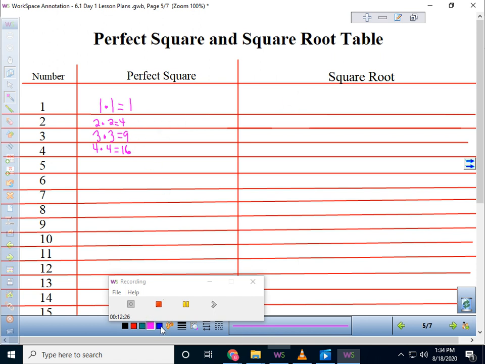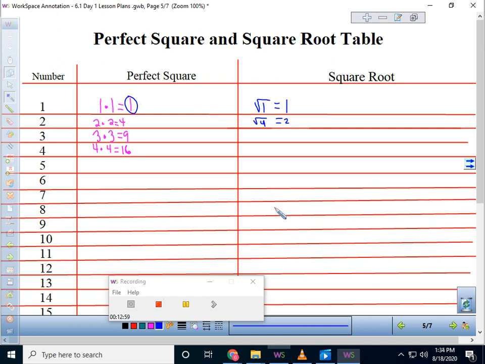I'm going to fill those in blue. So if I'm going to look at the perfect square right here, which is 1, I'm going to take the square root of that. So remember our square root symbol, it's the check mark with the division check mark, and I'm going to put that inside. What's the square root of 1? Well, what number times itself is 1? Well, that's just 1. And then I'm going to take this perfect square, 4, and I'm going to take the square root of that. Well, what number times itself equals 4? Well, 2